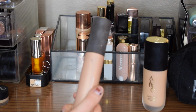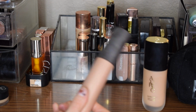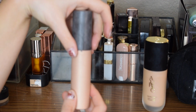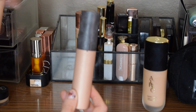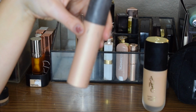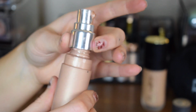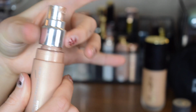The next thing, now I'm not going to get rid of this. This is my favorite liquid highlighter ever to exist. And unfortunately the brand Becca no longer exists. Smashbox did take some of their makeup, and they sell it under the Smashbox name, but they did not get the Becca liquid skin enhancer, and the shade Opal is my favorite thing. This has long been expired. I no longer use this on my face. I just use this as a shade reference, and I have yet to find anything, so I literally just have it to